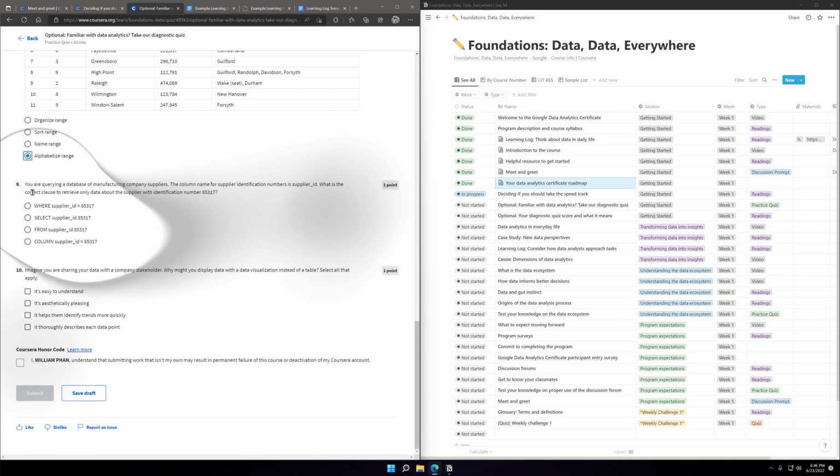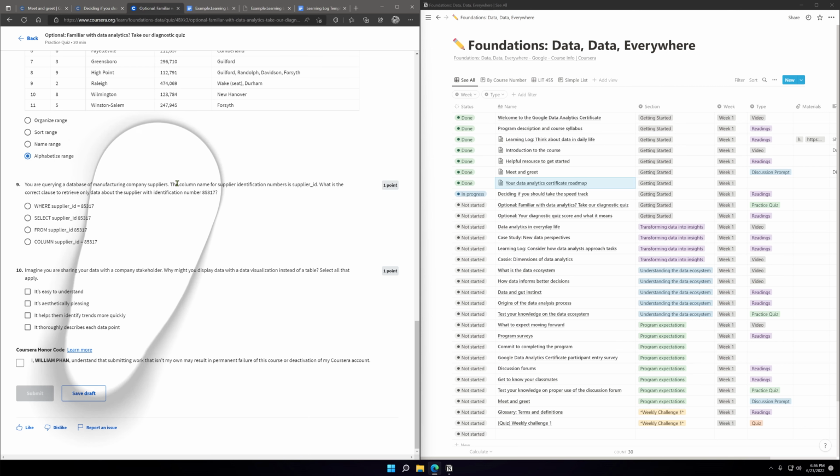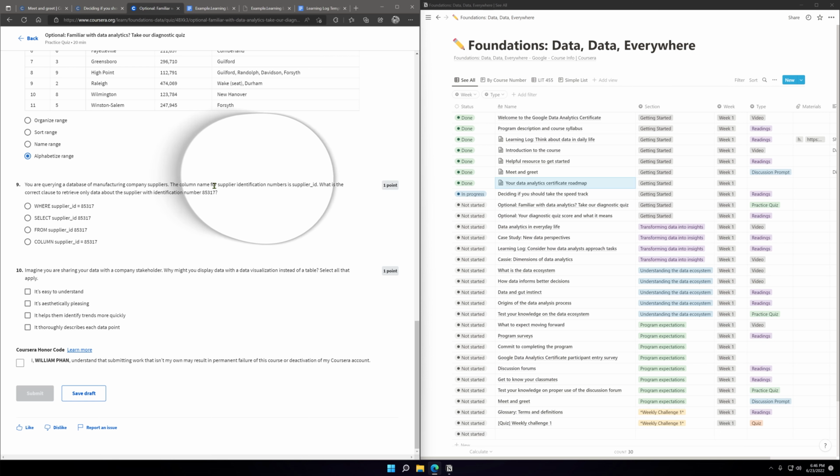You are querying a database of manufacturing company suppliers. The column name for supplier identification numbers is supplier_ID. What is the correct clause to retrieve only data about the supplier with identification number 85317?